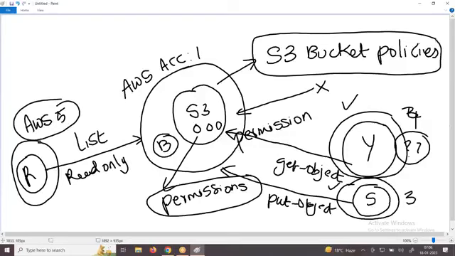IAM policies, S3 policies, all the policies are the same. So let us go through S3 bucket policies. It is one of the most important topics in these 70 days. Again, I'm telling you, if you are not very good at AWS S3 permissions and policies, there is a 70 to 80% chance you will not get a job, or you will get fired, or you will get rejected in the first or second round.